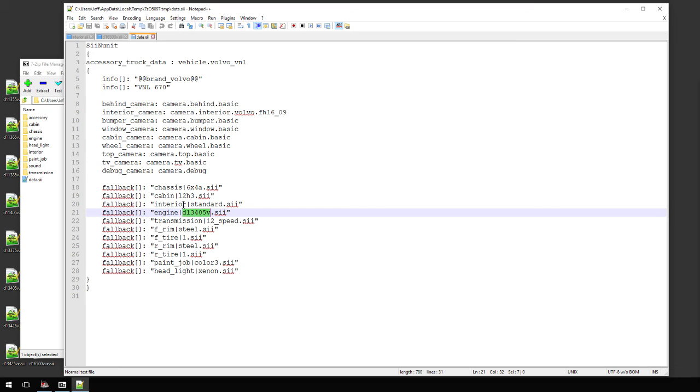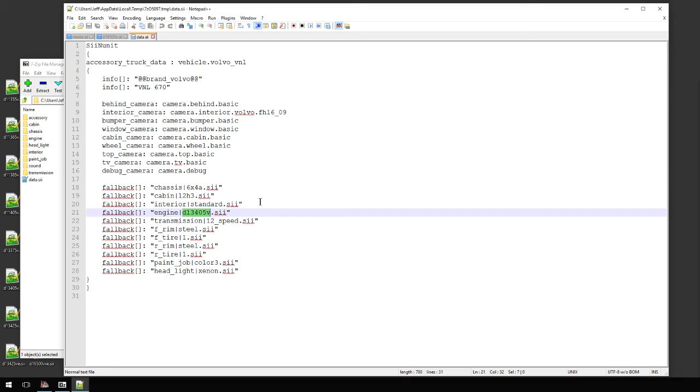This is where you make or break your mod right here, is having these fallbacks set, and it's a fallback to an engine you took out. Well, if it can't find that engine, it's just going to crash. You're never going to get to even play the game. It's not even going to tell you anything. The red flag's going to come up in the console and say, in the game log, and say,